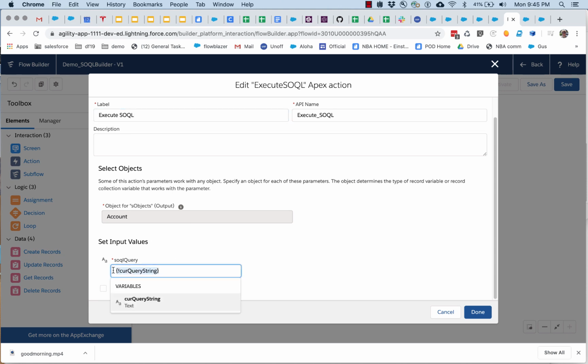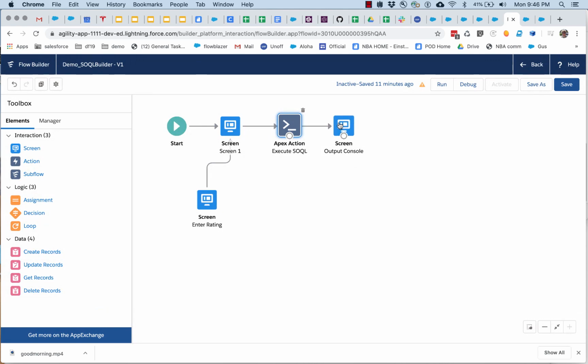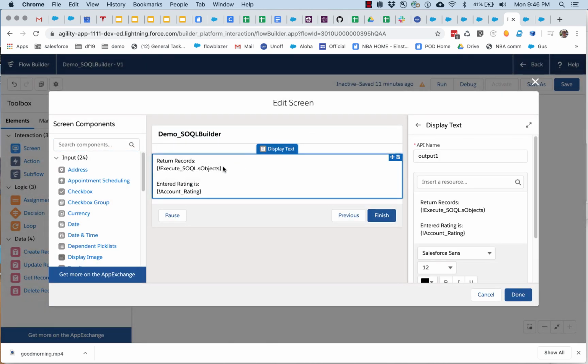It's taking that query string and carrying it out. Now, I did have to lock in the S object that I wanted to pass it. Flow now allows collection processors like this one to work with any S object, but you do have to pick it. So let's actually undo this,